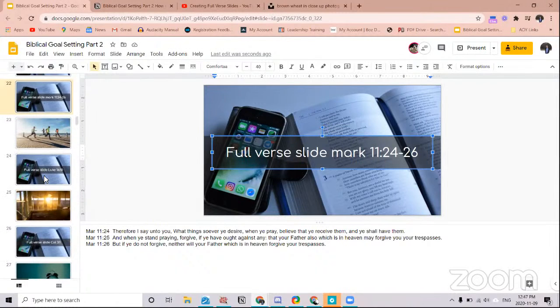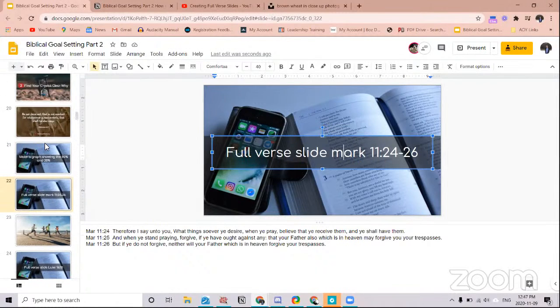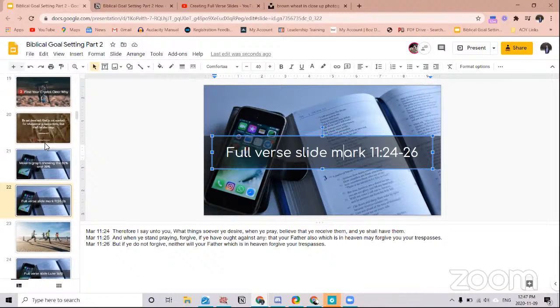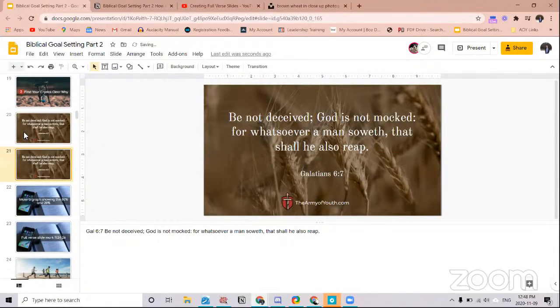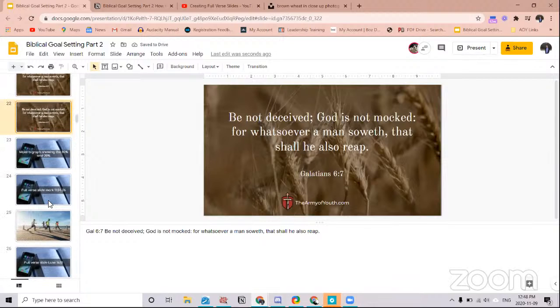So for each verse, would you separate them, just leave a space between each one, or have them all together? What I would do, since I've already created this one, is I would just duplicate it 3 times, one for each verse, and then change the verse on each one.